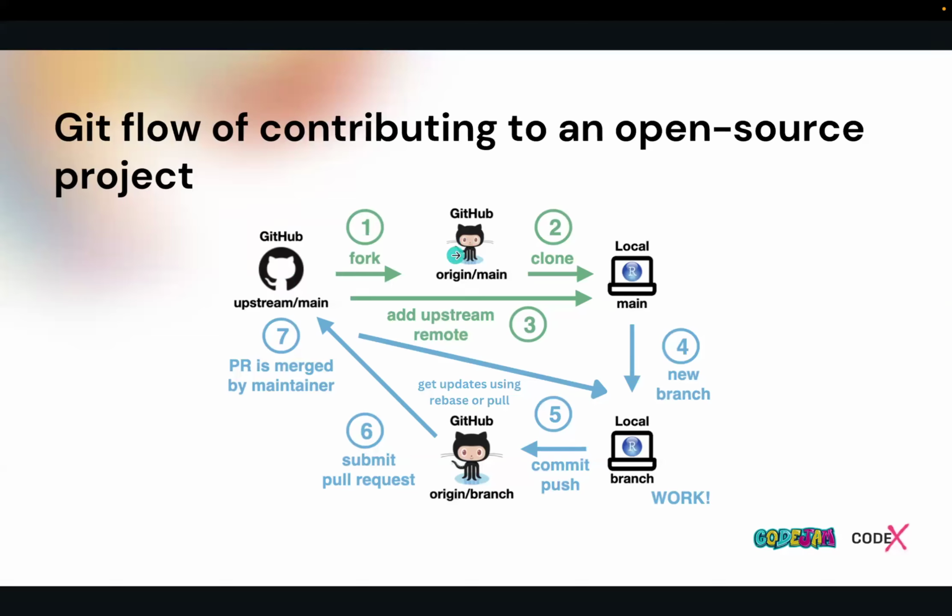That means forking the upstream to your origin, and then cloning it to your local machine. And let's say you are going to implement a new feature on that huge repository. So for that, you are making a branch in your local machine, and you are implementing all the things that you are going to implement under that particular feature. Then you are committing your new changes using git commit, and then you can push your changes to